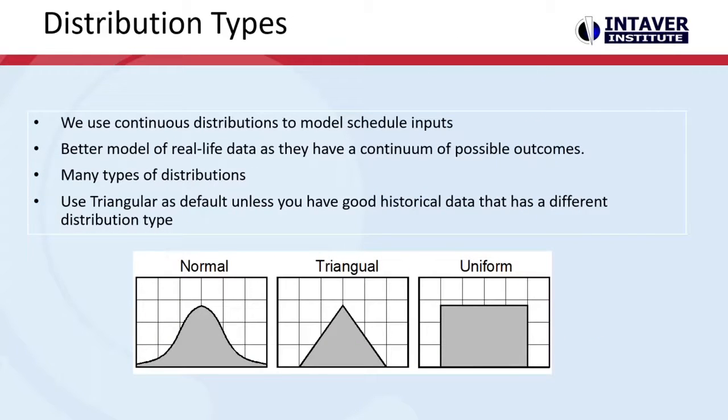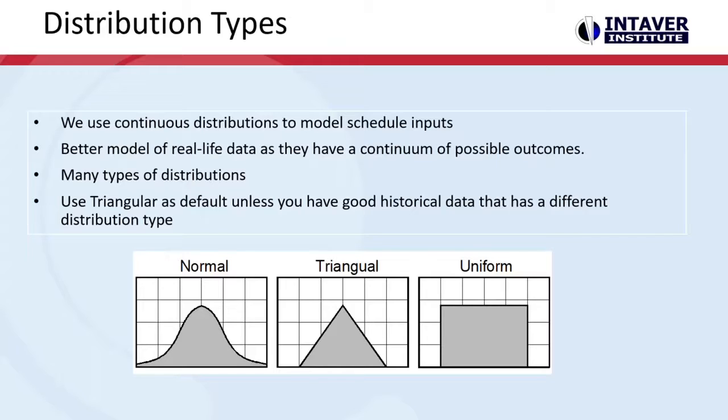So here's our distribution types. Now, this is just an example of them. There's several common ones. Our application has 13 that go in. The guidance that we get from most industries is to use the triangular as a default for your distribution, unless